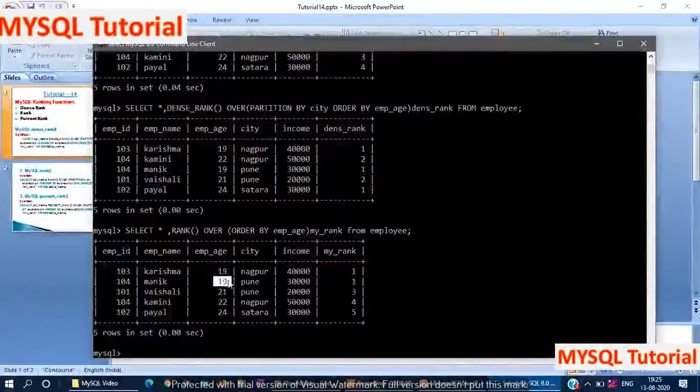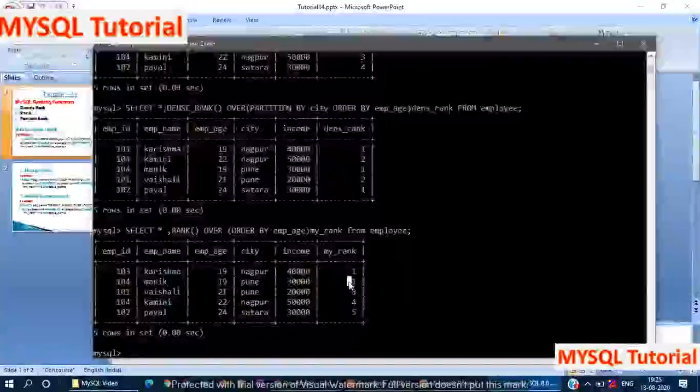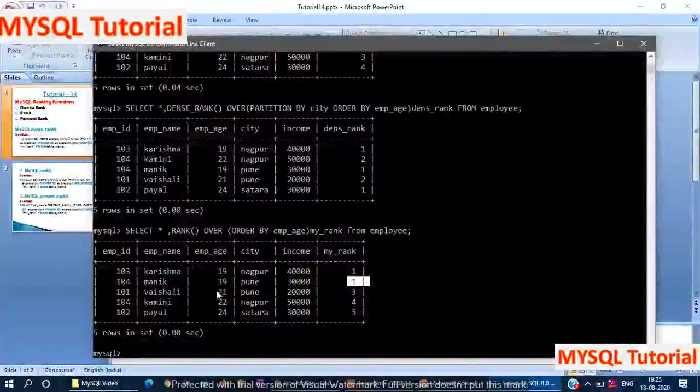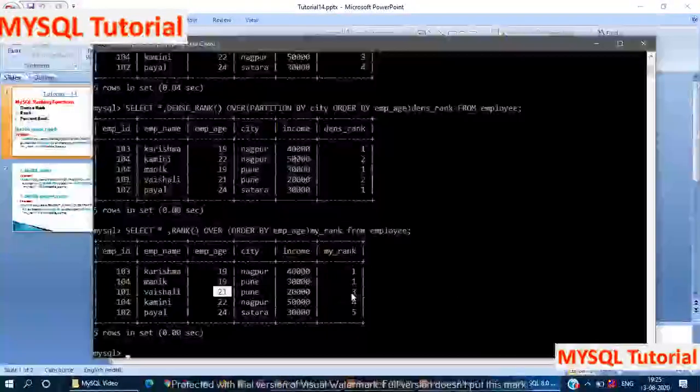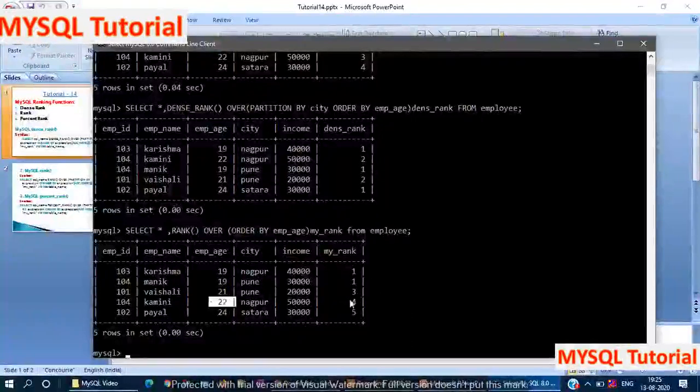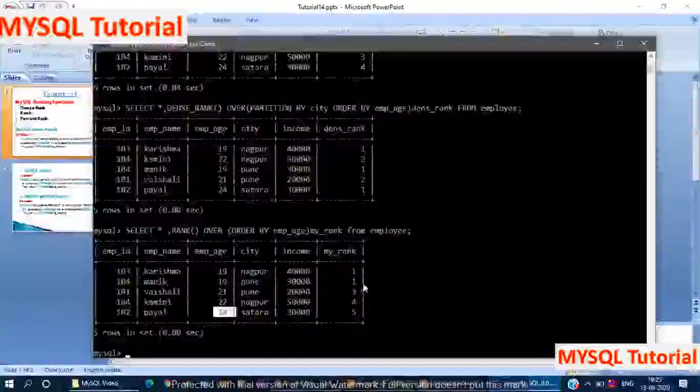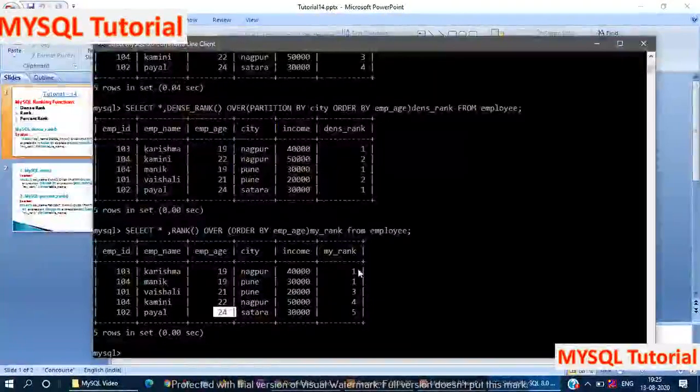Second is also 19, at that time it returns 1. Again, the third employee age is 21, at that time it returns 3. Again 22, it returns 4. Again 24 returns 5. For the first two records it returns 1, 1.